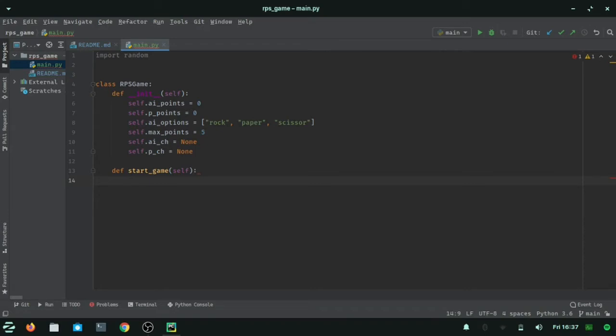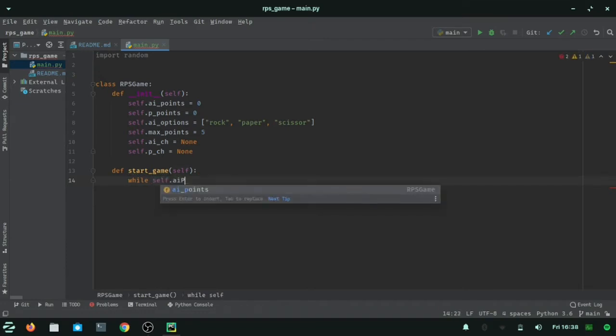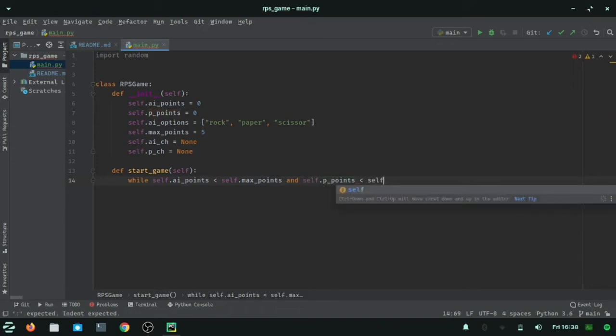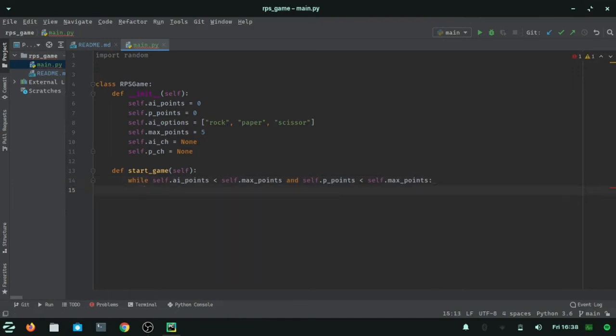So the condition will be, we'll run a while loop until self.ai_points should be less than, it should not be equal to, it should be less than self.max_points. Along with that we want self.player_points to be less than self.max_points as well. If both conditions are met, that is the points of the AI and the points of the player are not equal to the max points, then we need to run this loop. So inside this loop, what we are going to do is